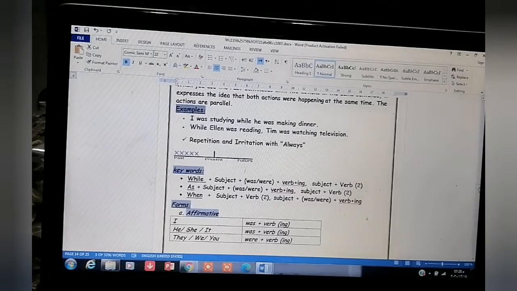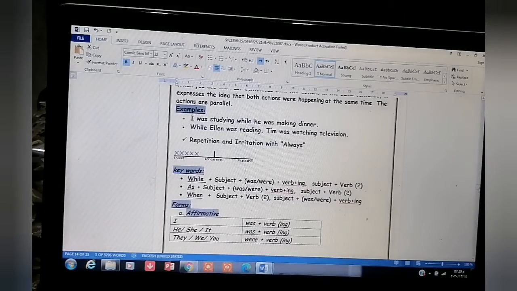Now, let's move to the keywords. We have while plus subject. What is the subject? This is the doer, pronoun, whatever. While plus subject plus was or were plus verb-ing, okay? And after the comma, we have subject plus verb two. This is the keyword. We have as plus subject, was or were plus verb-ing, comma, subject and verb two. Now this action we will talk about, which is